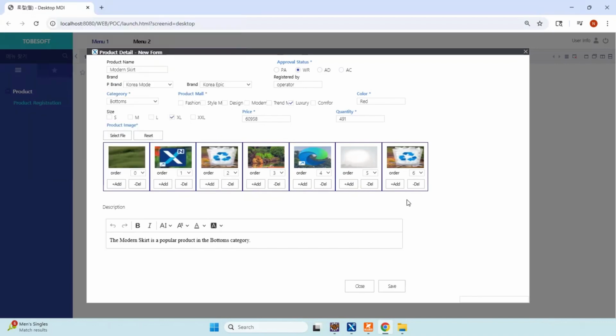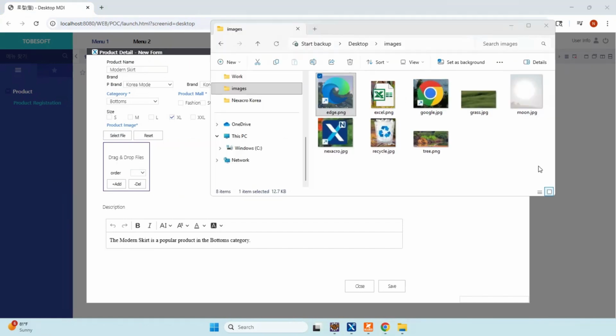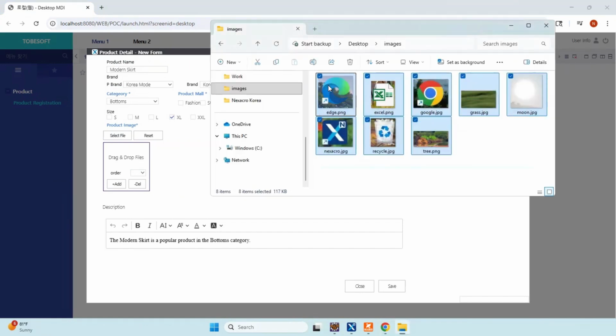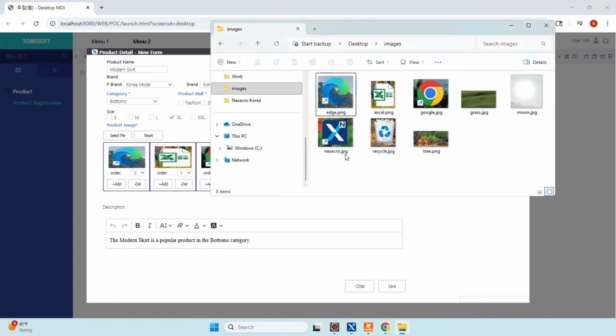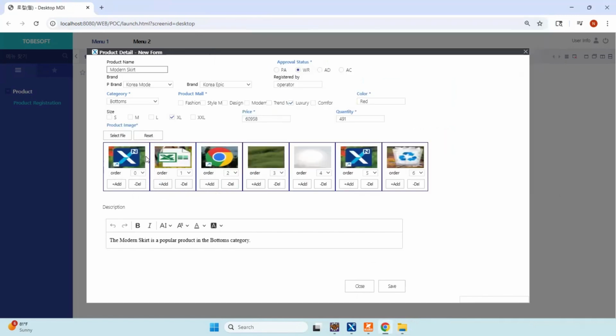So that is our 7 files here. We can also drag and drop images to this area here, and it would create this area here. If I drag and drop an image to an existing image, it will simply replace the image.